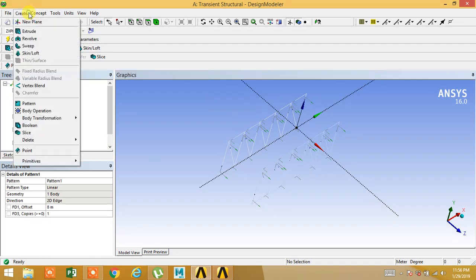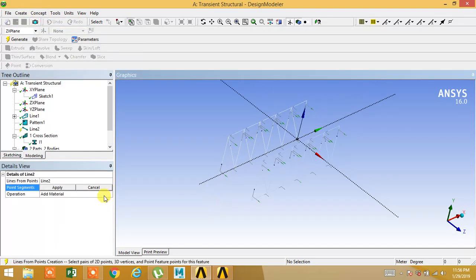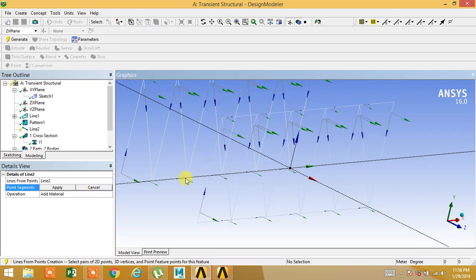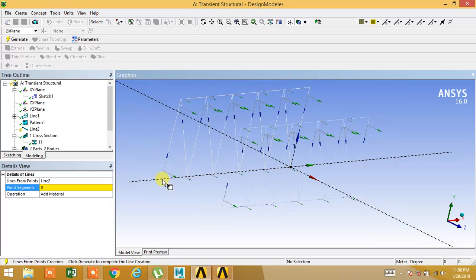So for that, click on concept, line from points, select this one point, press Ctrl and click on point segment, apply, add frozen.